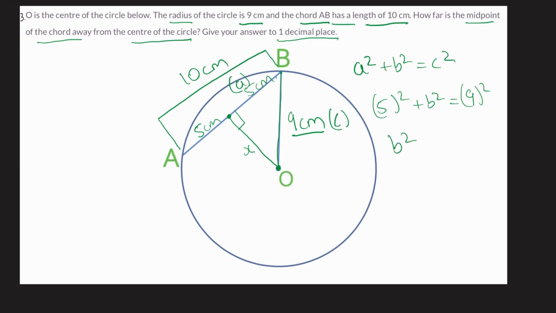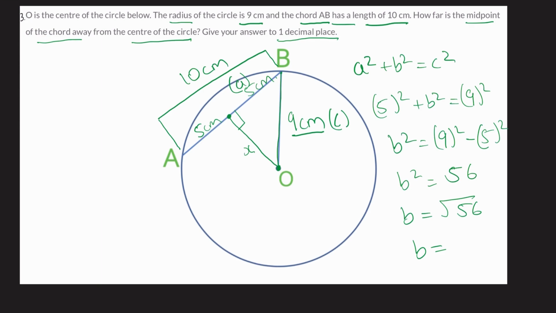Now rearrange the equation to get 9 squared take away 5 squared equals b squared, which equals 56. Now we square root that. Square root of 56. That means b has to equal